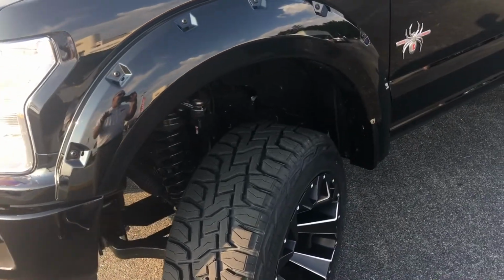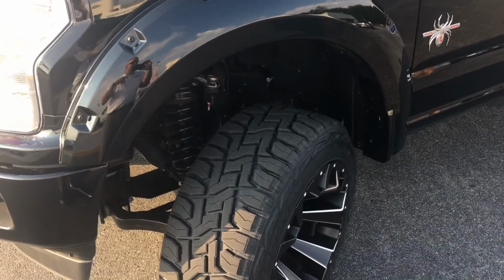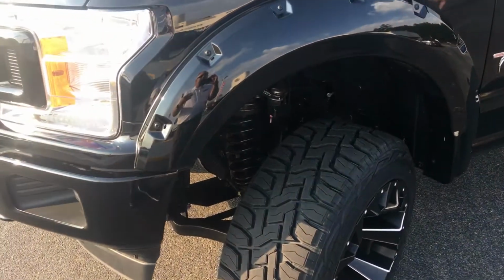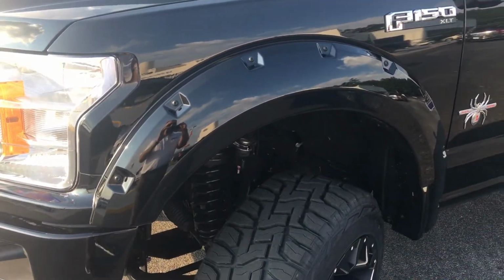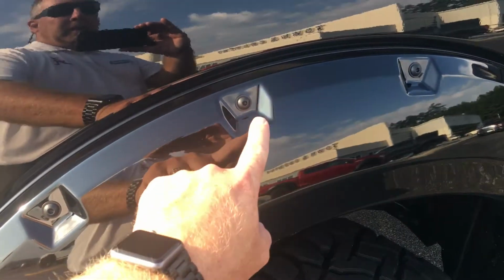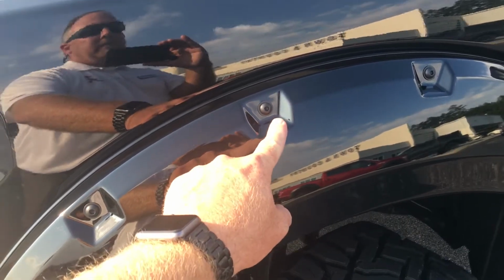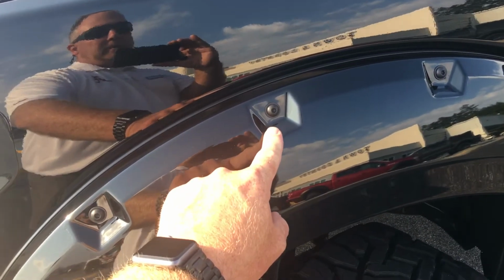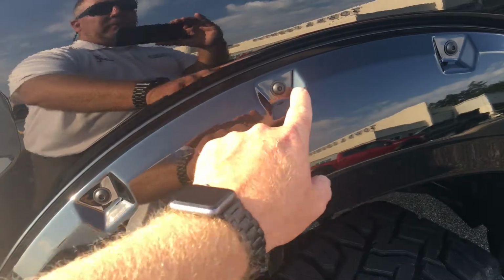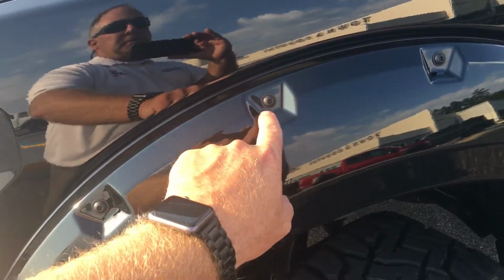We were able to come out with this in 2 weeks time. So we made some changes, and this is our personal fender flare that we build for our dealers. One of the complaints we had on the Bushwhacker flare was these hole gaps right here for what we call pocket flares. These were not deep enough or not rounded. They were too U-shaped. We made this more of a W look,